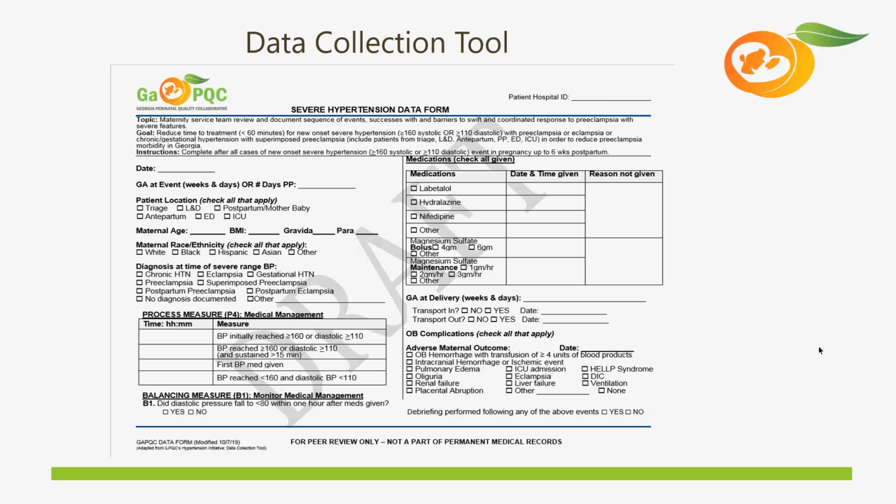And we really feel like until we can really say that we are improving the repeating of the blood pressure at 15 minutes and then treating within the first hour, more data is going to almost be too much because we're not meeting the first goal yet. And so until we meet that goal, then we feel like pulling more data after that will be important. But to start out with, we really feel like just making sure that the first dose is given within that hour is really where we need to focus.